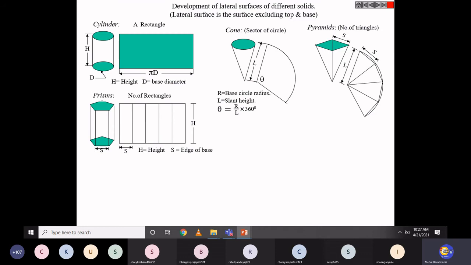In this way, you can construct the development for pyramids, right? These are the second method. We are not going into detail about which method we are utilizing, but it's the simple parallel method and radial approach. So these are the four general solids which we generally use throughout our study, because these are common shapes applicable for various applications.